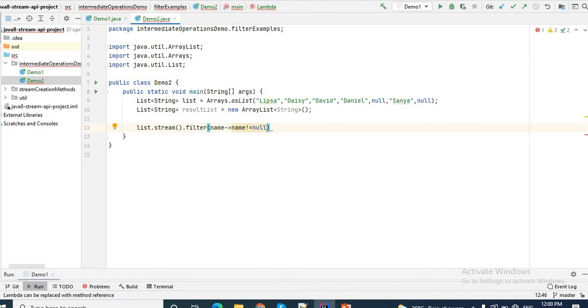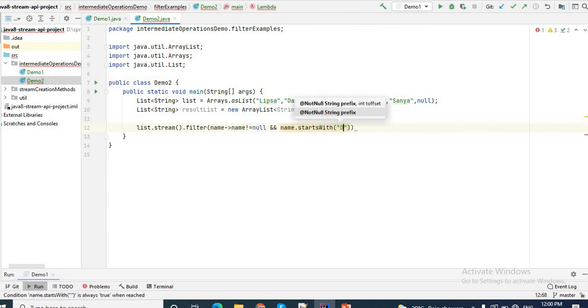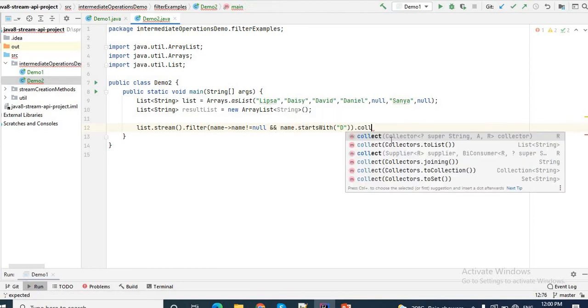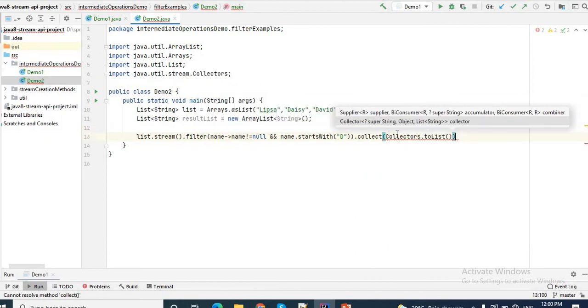This is one condition. The second condition is name starts with D. So name dot startsWith, here I'll give D. So this is my condition, and I have multiple filter conditions over here. Then collect this by using the terminal operation. I will collect this and store it into another list by using Collectors.toList. Clear?